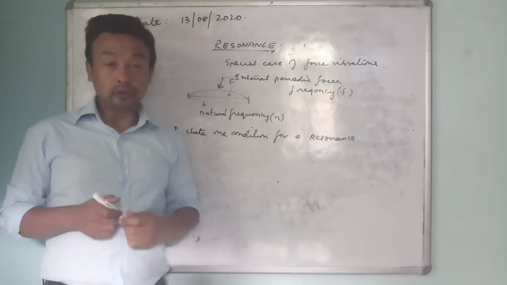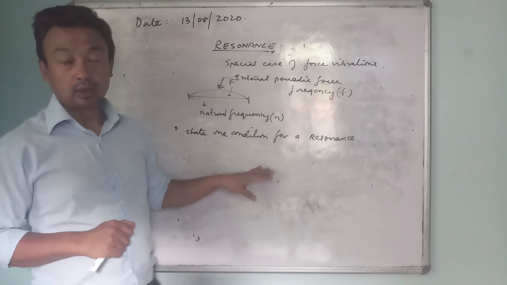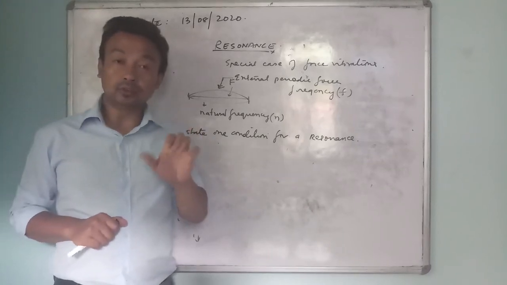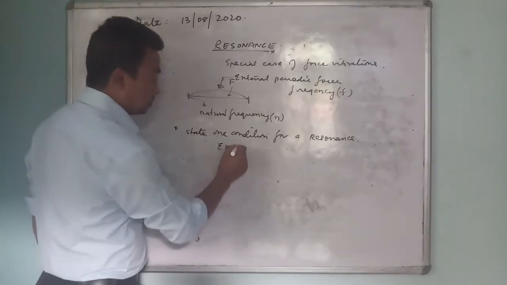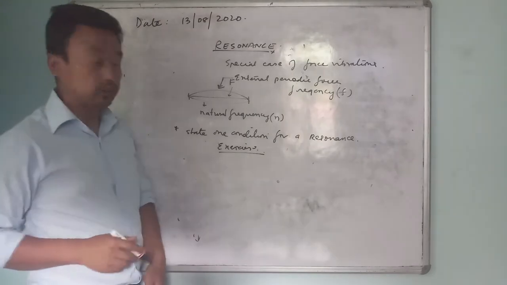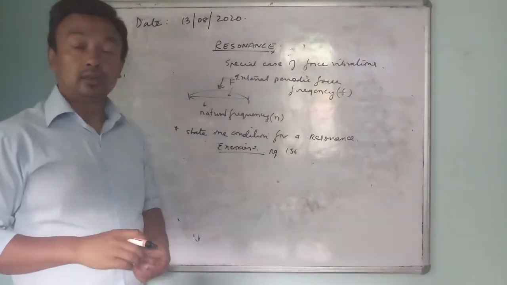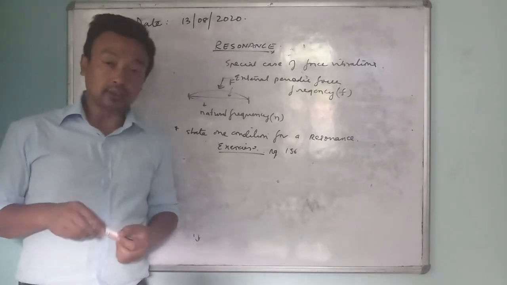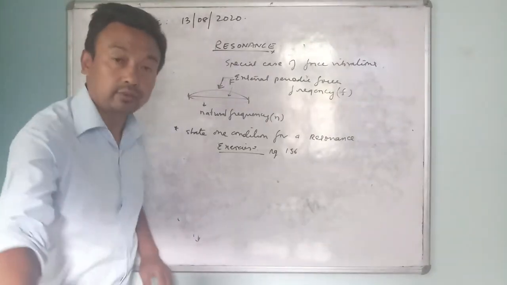Alright, so here we come to the end of these vibrations. We have learned three types of vibrations. Now you have to do this exercise from the textbook. Please complete the exercise in your textbook from page number 156. Okay, and in the next class I'm going to deal with another topic on sound, and that will be the end of this chapter. Keep studying. Stay safe. Thank you very much.